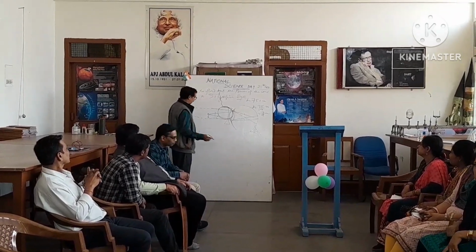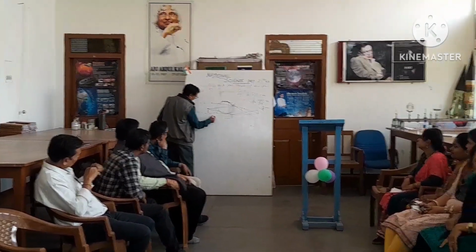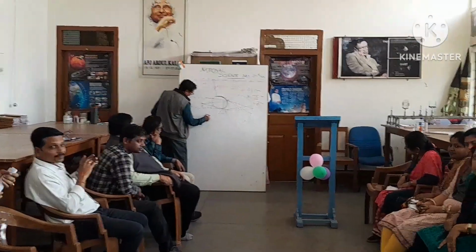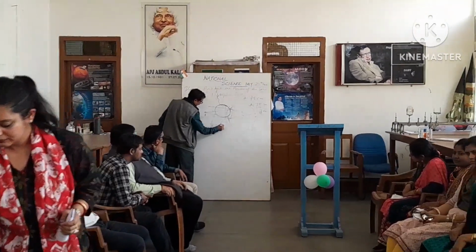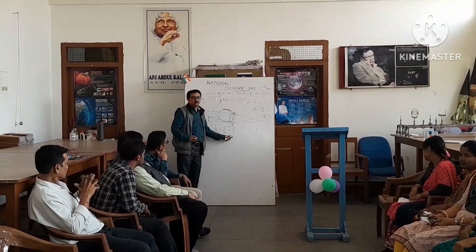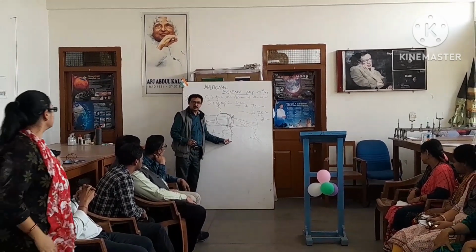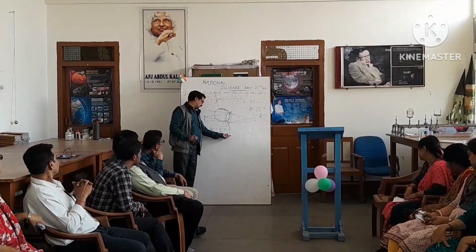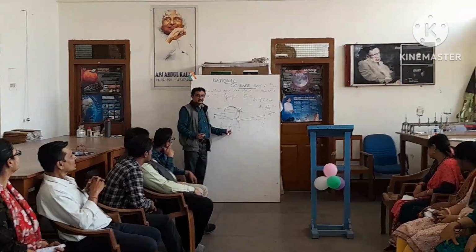Now, the lens formula: 1 by v minus 1 by u equals 1 by f. We are going to find out first, we shall have to find out the focal length. Very interesting. Object is at